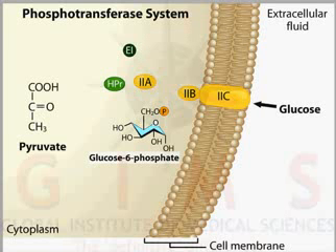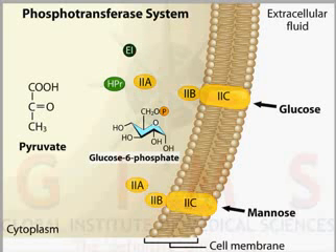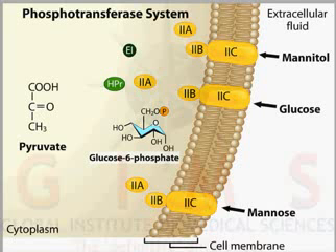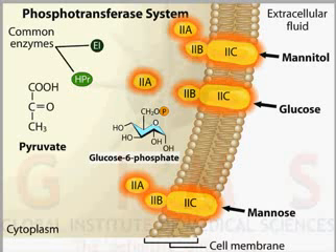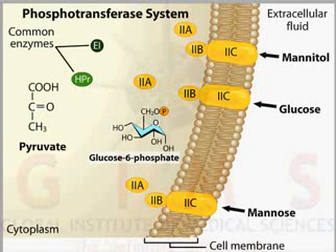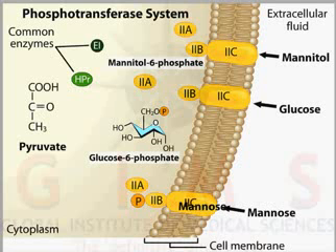More than 20 different types of carbohydrates, including mannose and mannitol, can be transported by the phosphotransferase system. The system has a modular design, with enzyme 1 and HPr being common to all of the sugar transport systems, but enzyme 2 is substrate specific. Mannitol and mannose use unique enzymes too for transport into the cell, in the process becoming mannitol 6-phosphate and mannose